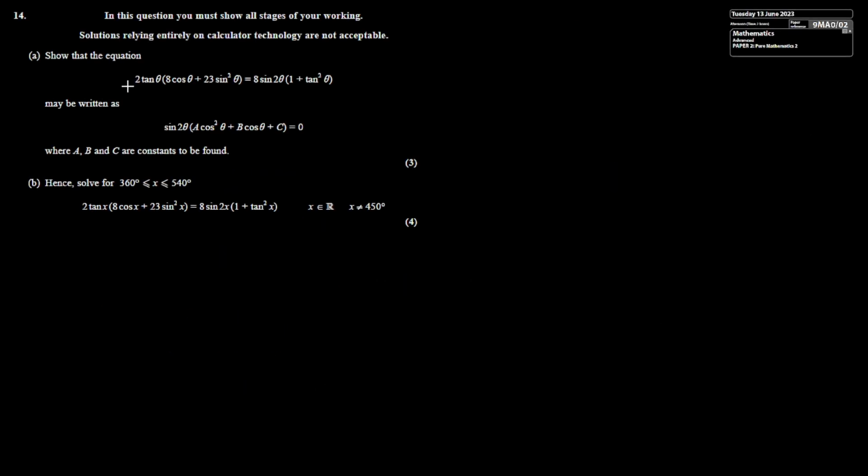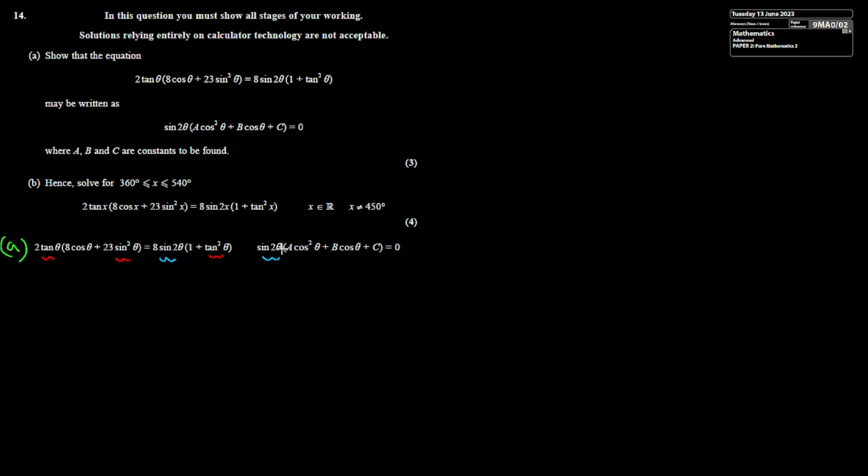So 14 part A, we've got a massive trig equation which we need to turn into another massive trig equation. Let's see how we get on. Okay, before we leap in, it's worthwhile just checking what's here and what's not here anymore. Sine 2 thetas are still here, but what's gone, tan's gone, and actually so has sine, because sine has been